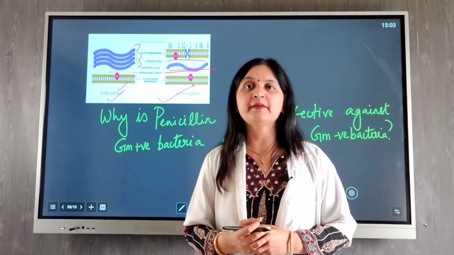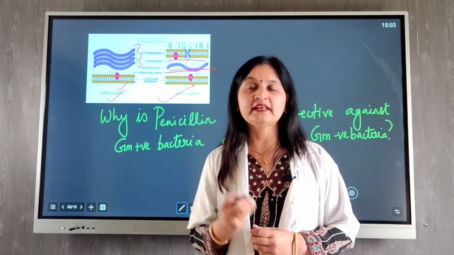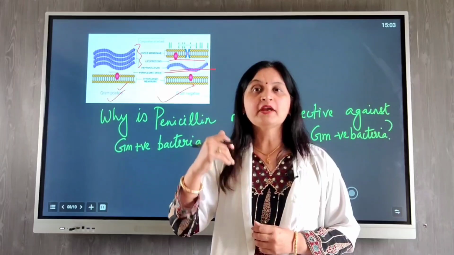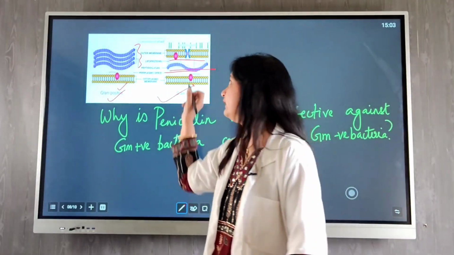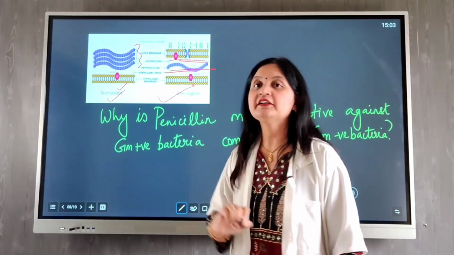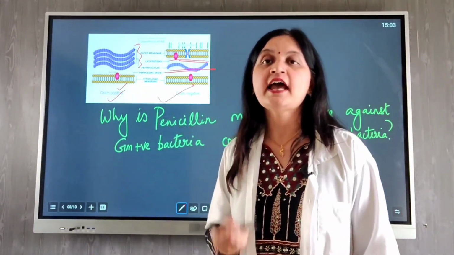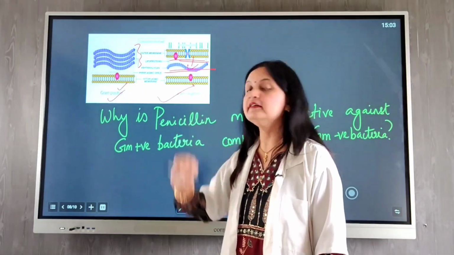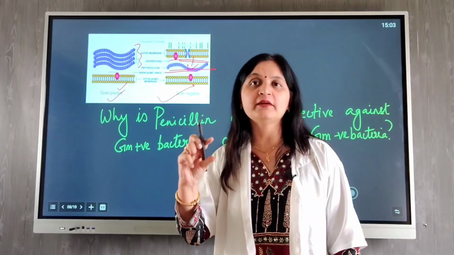However, there are certain antibiotics such as amoxicillin and ampicillin that are hydrophobic in nature and can penetrate the outer membrane because of the presence of porin channels. There are porin channels present in the gram-negative bacteria that facilitate the entry of antibiotics such as ampicillin and amoxicillin, which can enter and inhibit the peptidoglycan layer that is present between the outer membrane and